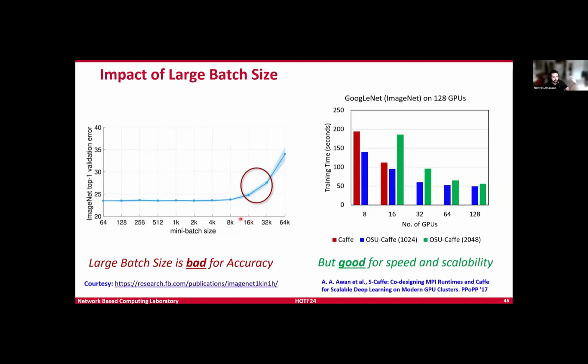This is bad, right, that we're losing accuracy, but it's good in terms of performance. Because if we do weak scaling, that is increase the batch size as we increase the resources, it's very good for scalability and speed. So this is something to keep in mind. We need to keep a balance between these two things. And there are more advanced techniques where even with very large batch sizes like 32K, 64K, or even 128K, we still maintain the same accuracy. But we need to be aware of this issue when we do the training on very large scales.